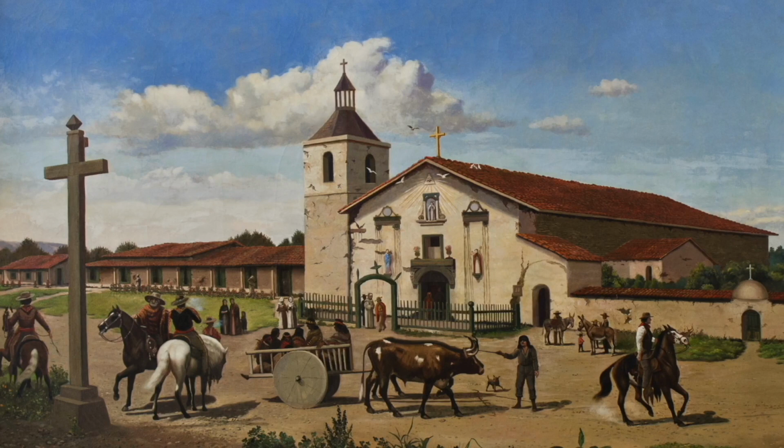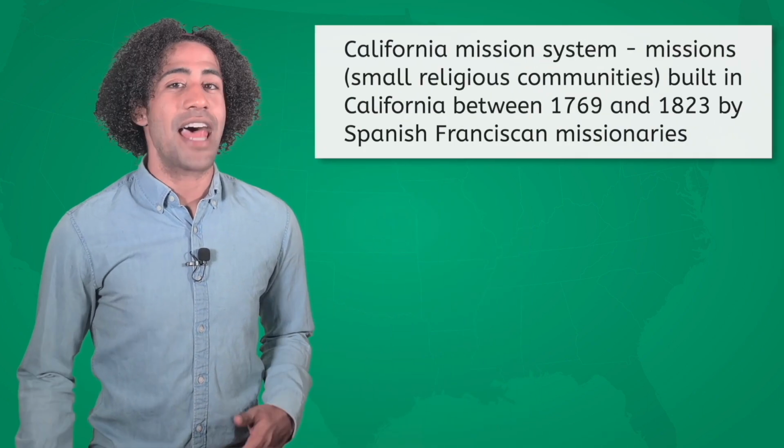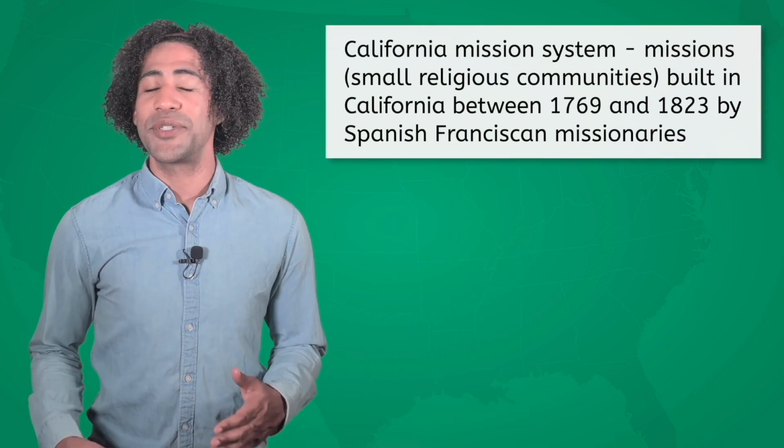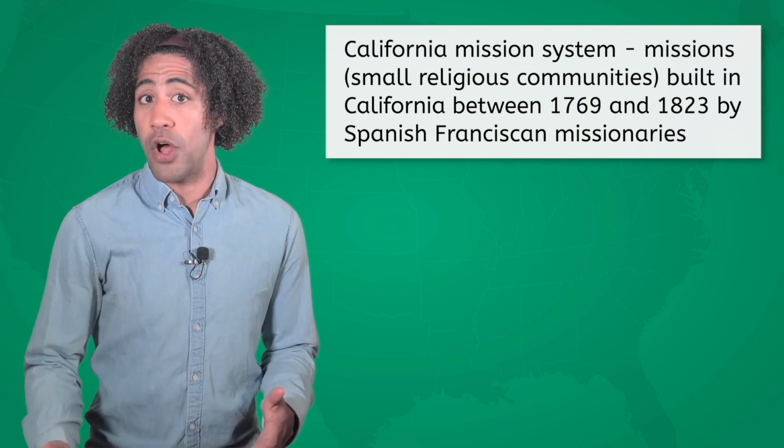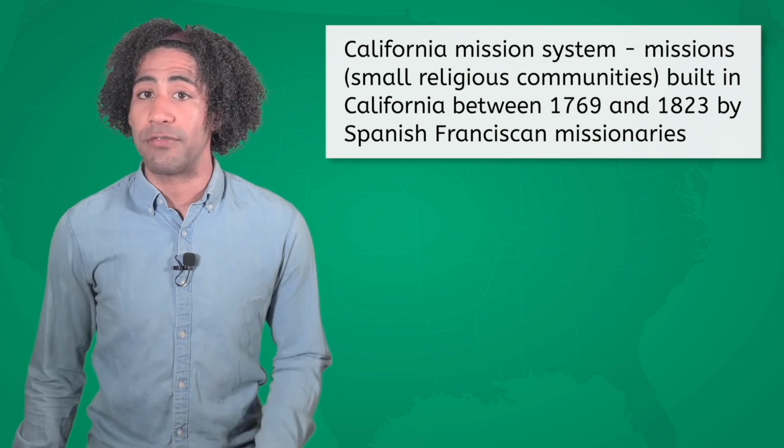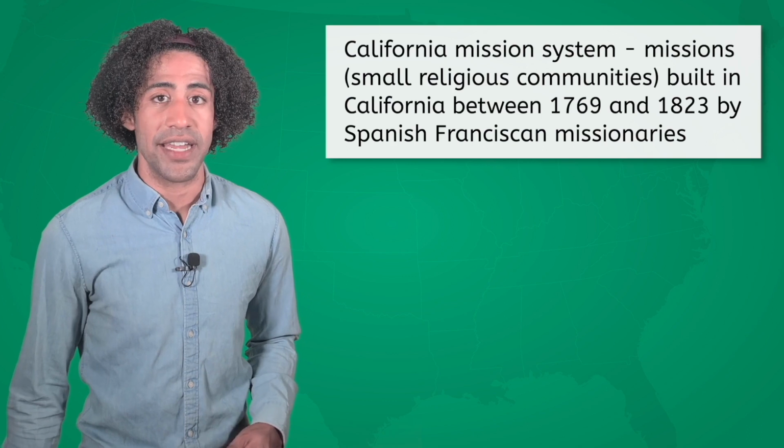Spanish colonialism also affected the development of architecture in California through the creation of the California mission system. For this section, you will identify the Spanish and indigenous influences on the California missions by annotating the images in your PDF. The California mission system consists of 21 missions, or small religious communities, built in California between 1769 and 1823